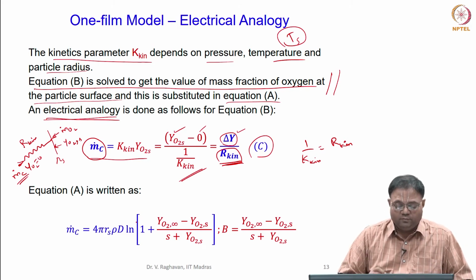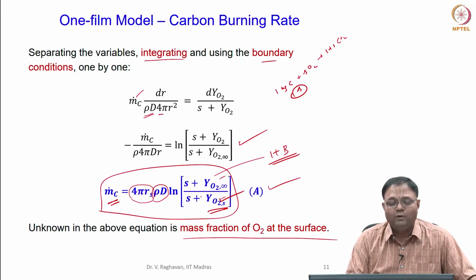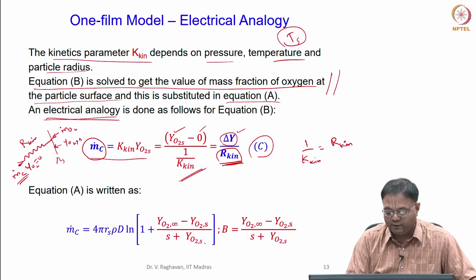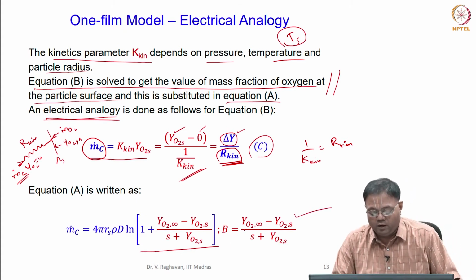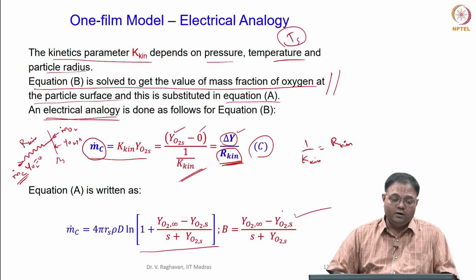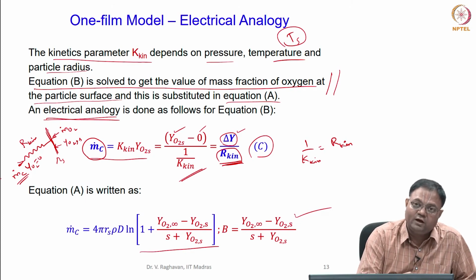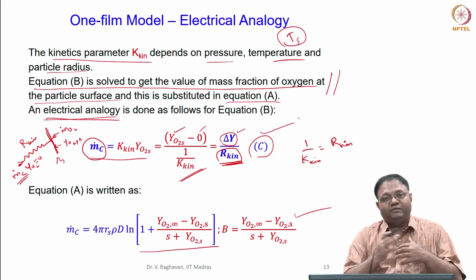So I get one equation. Similarly, I can also work with equation A, which we have got here by using the oxygen mass fraction conservation. Here you can see that the term in the natural logarithm can, as I told you, be written in terms of 1 plus b, and we can define a b number. That is what I am trying to do here. When I write that as 1 plus b, the b number comes to be YO2 infinity minus YO2 surface. Again, that is the difference occurring in the gas phase, correct? Now the earlier one occurs at the surface, where we concentrate on the surface to the interior to get that equation, where the surface kinetics is important.